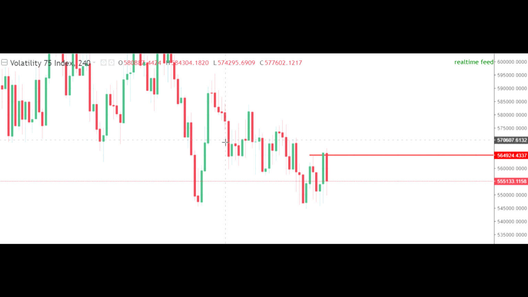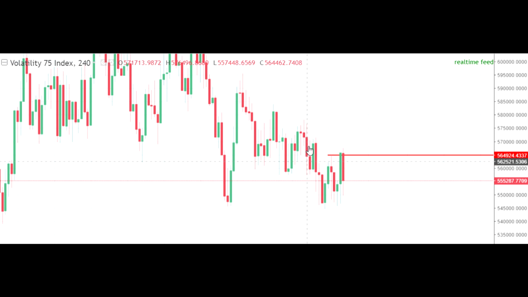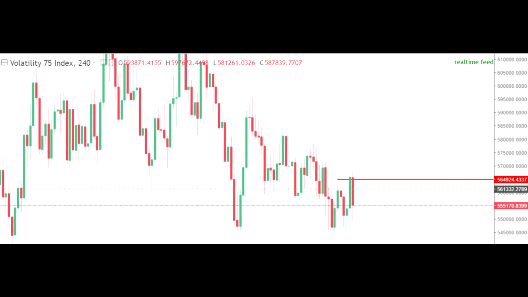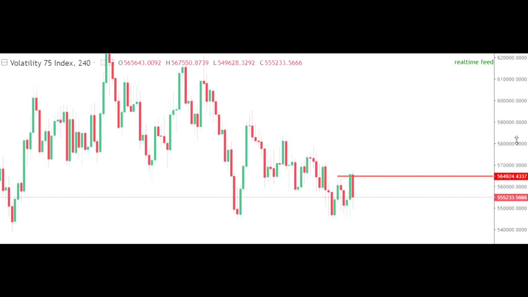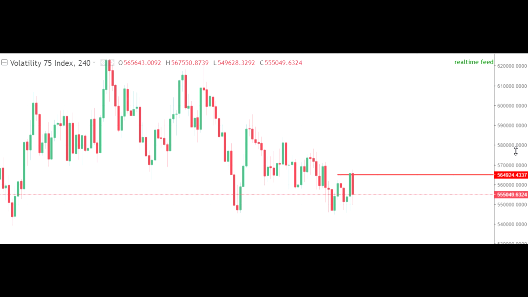So price was trending downwards. How about someone asks, how about this big move down here? Don't you consider it as part of the area where maybe as you are trading, don't you consider it as part of the trend? Okay, so in the market, we do not consider everything we see on the chart. When the market begins to trend, you could see that it's trending. So for instance, those who trade the trend line, they can draw their lines here or draw their lines here and see that it's trending.